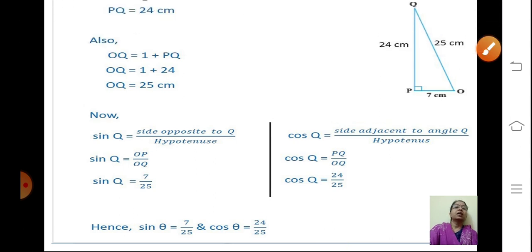So children, in this way we have seen some extra problems also. I hope you have understood, and in the next lecture we will do one lab activity, and compulsorily you have to do it either in the assignment sheets or on full-scape paper, but you have to do it.